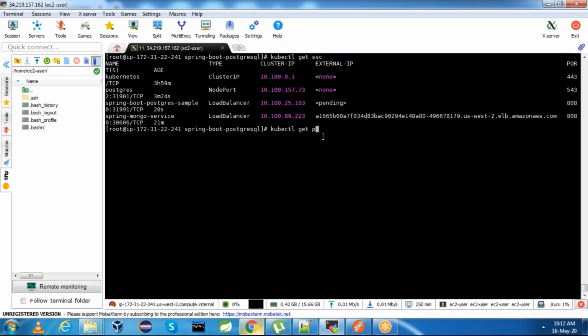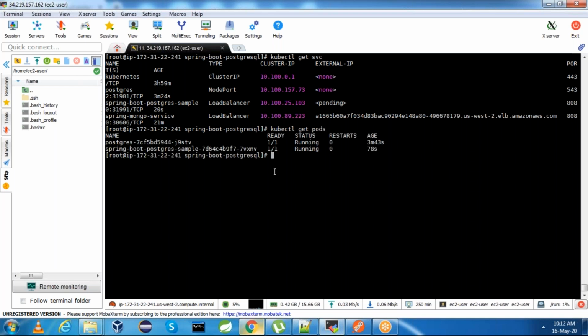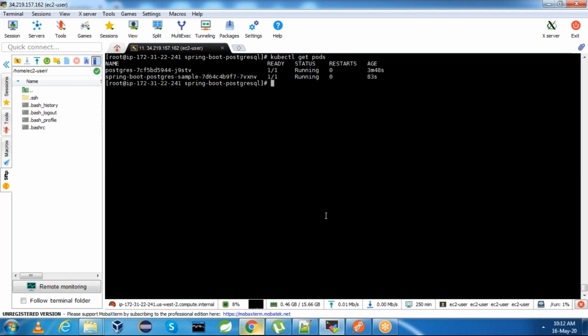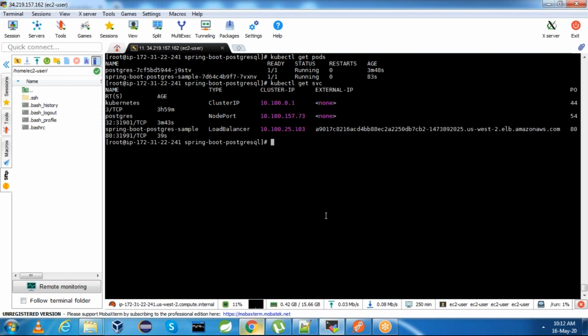Kubectl get pods. Postgres is running and still this is in pending. Now this came. Spring Boot PostgreSQL came and this is the external IP.